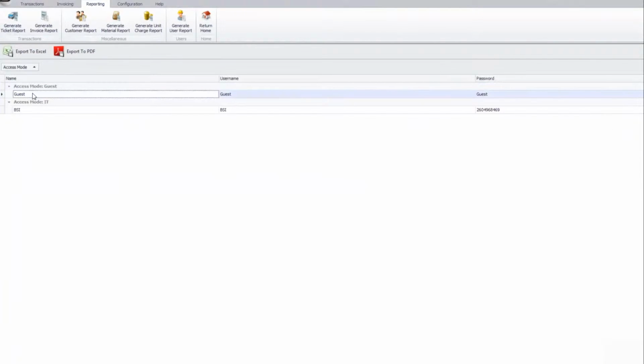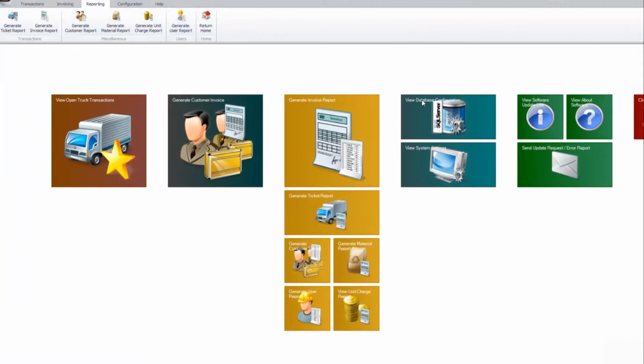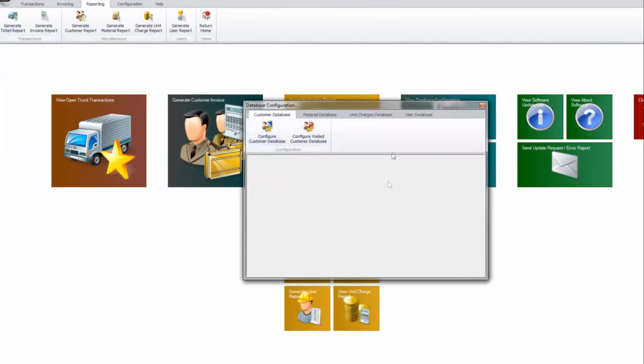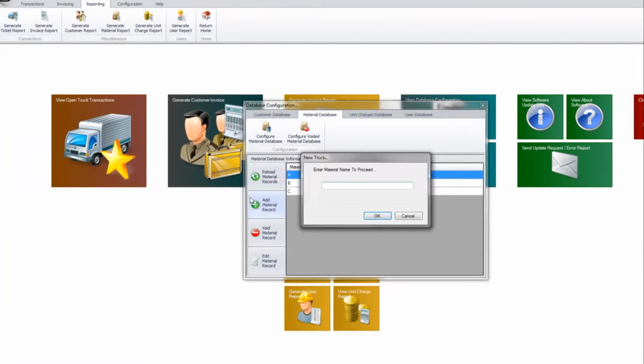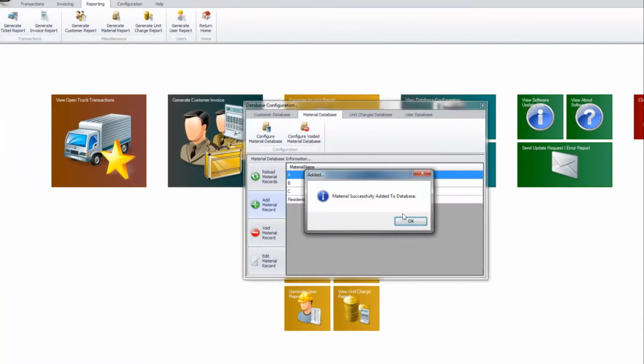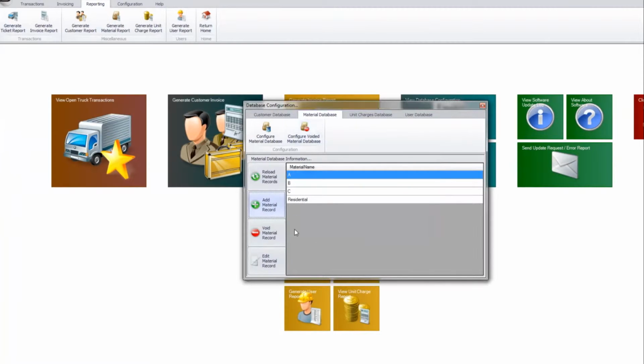If you click on View Database Configuration, you're able to set up new customers, materials, unit charges, and define users for the system. To configure a new material, click on the Material Database header, followed by Configure Material Database. This will give you options to reload a material record, add a material record, void a material record, and edit a material record. To add one, simply click on the Add Material Record button, type in the description of the material,